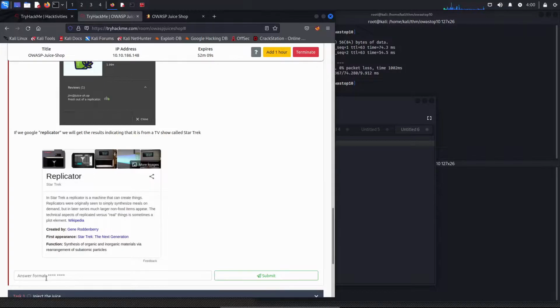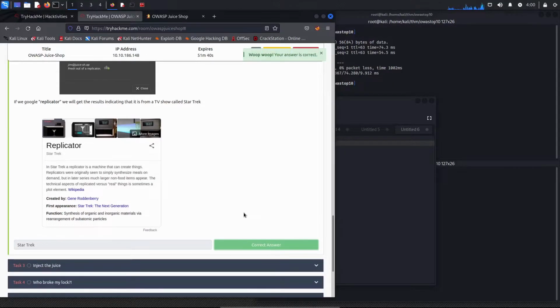If you look at the asterisks, it gives you an idea of what the solution might be. In this case, I already know that it's Star Trek. But if you look at the letters, it's the same number of letters required to fill this solution. So we're going to submit, and that's correct.